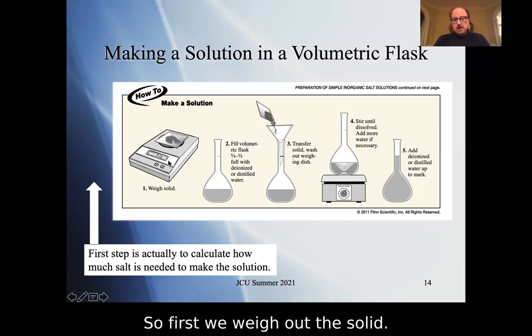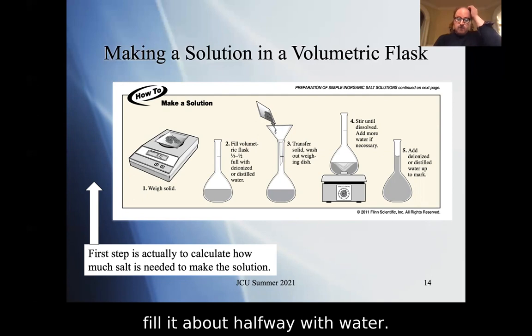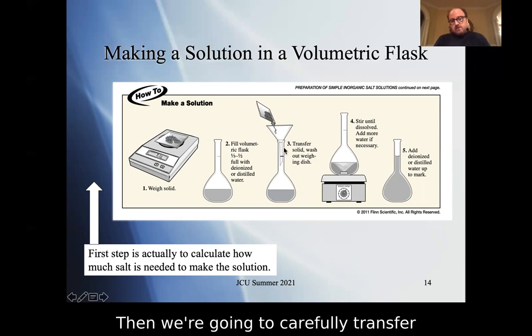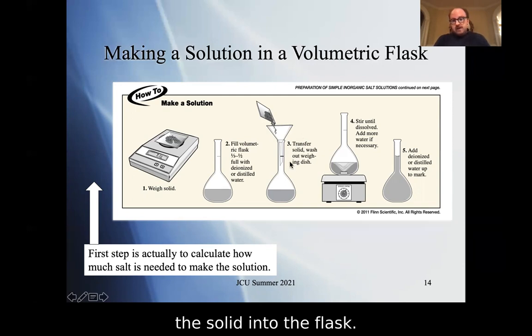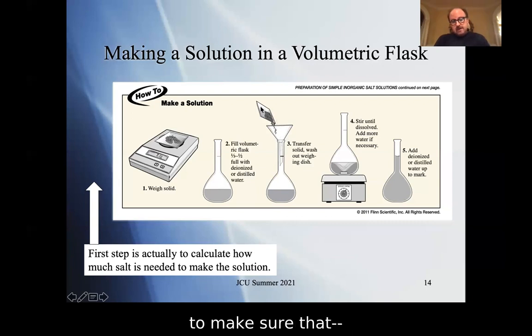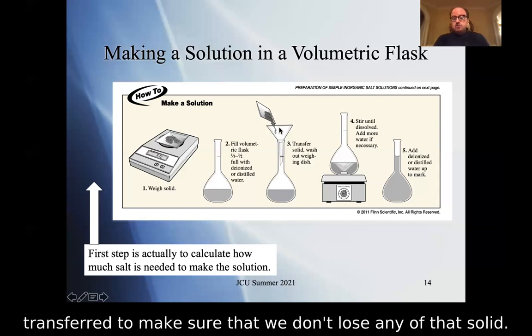So first we weigh out the solid. Then we are going to take our volumetric flask and fill it about halfway with water. In this case, we always use deionized. Then we're going to carefully transfer the solid into the flask. You can see that's using a funnel, because this is a skinny neck. So using that funnel to actually get all of the solid transferred makes sure that we don't lose any